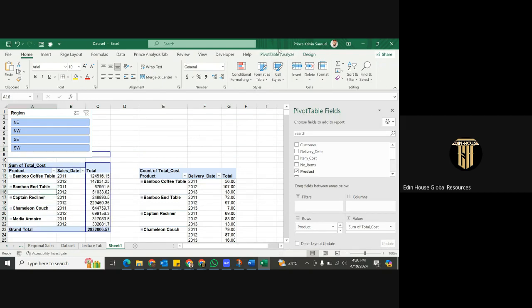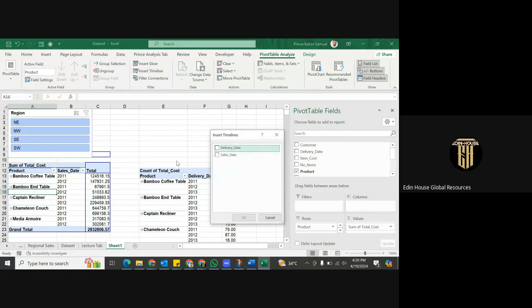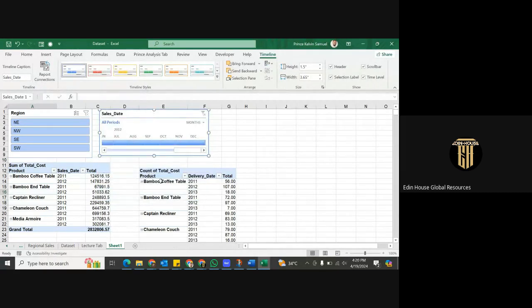So come to this PivotTable Analyze and click on Insert Timeline. If I'm inserting a timeline, I want to use the sales date, so I can click OK. Now the timeline comes right up here. Now I have a timeline that shows me all the years, 2011 and 2012. So now, assuming I just want to see January